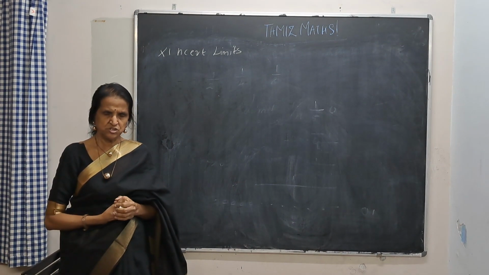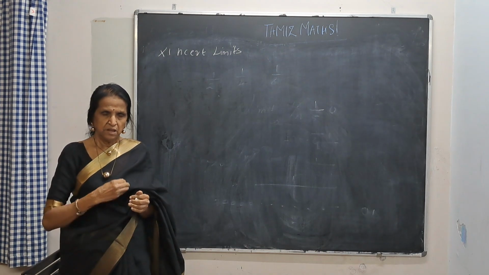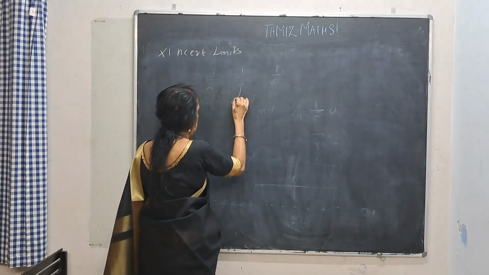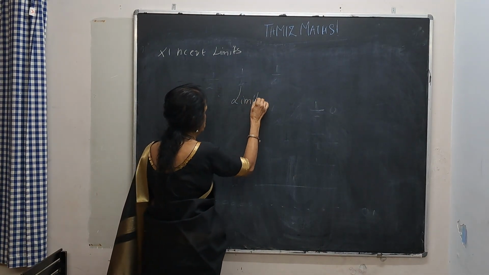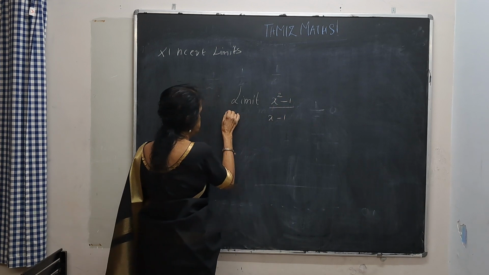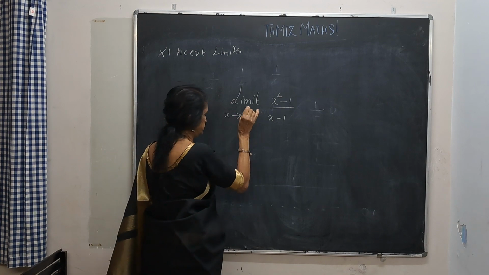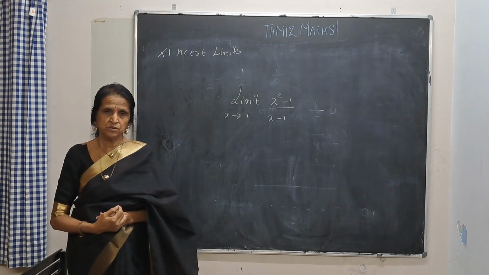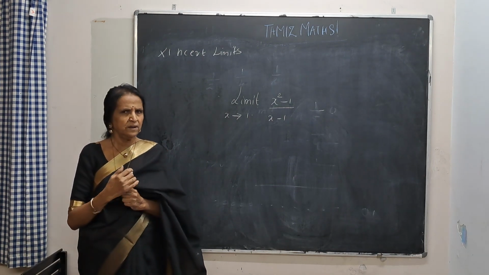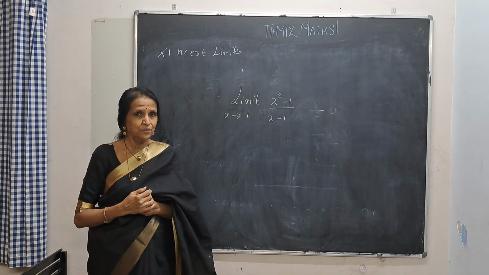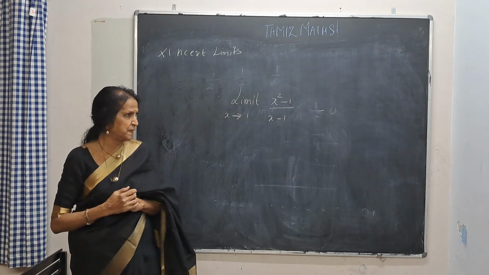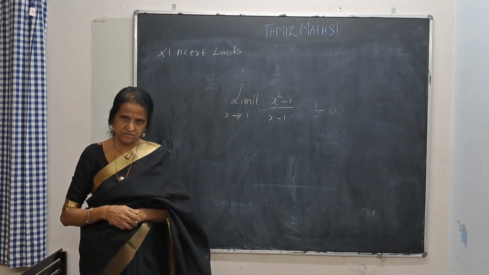The beauty in limit is x is tending to 1. For example, what is going to be the limit of (x square minus 1) by (x minus 1), x tending to 1? Why do I say tending? x approaching, x close to. Why can't I say x is equal to 1? I don't use that word. I don't say x is equal to 1. I say x is tending to 1. Now I have to find the limiting value of this.